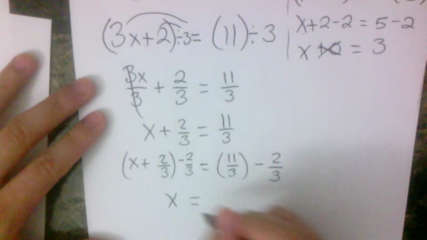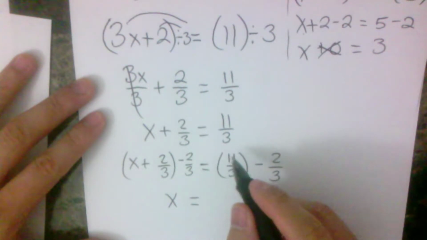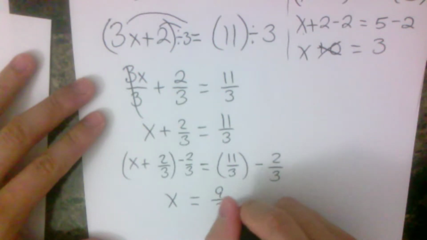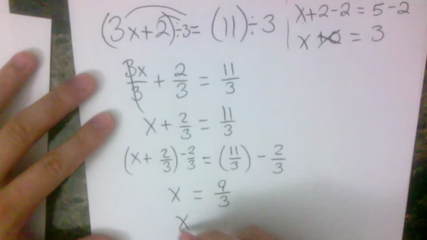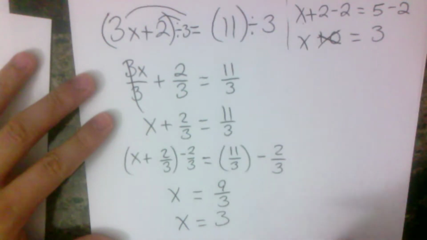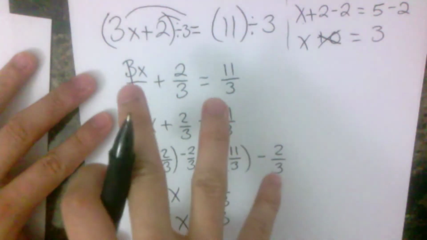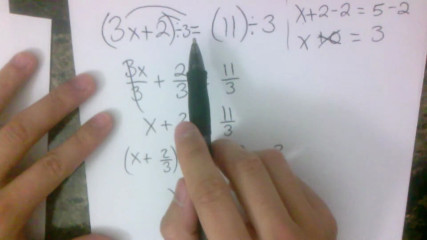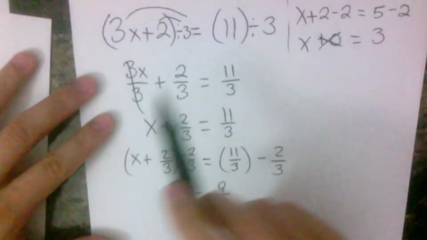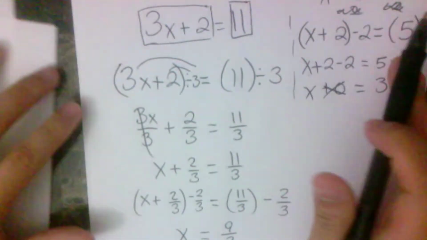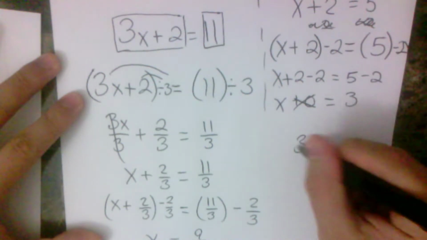So you just end up with x equals, and then now 11 over 3 minus 2 over 3, 11 minus 2 is 9 over 3. And then simplify your answer. x equals 9 divided by 3 is just 3. So you'll notice that if you decided to divide by 3 first, you can do it. It's just long. If I had done this problem the way that I recommend,